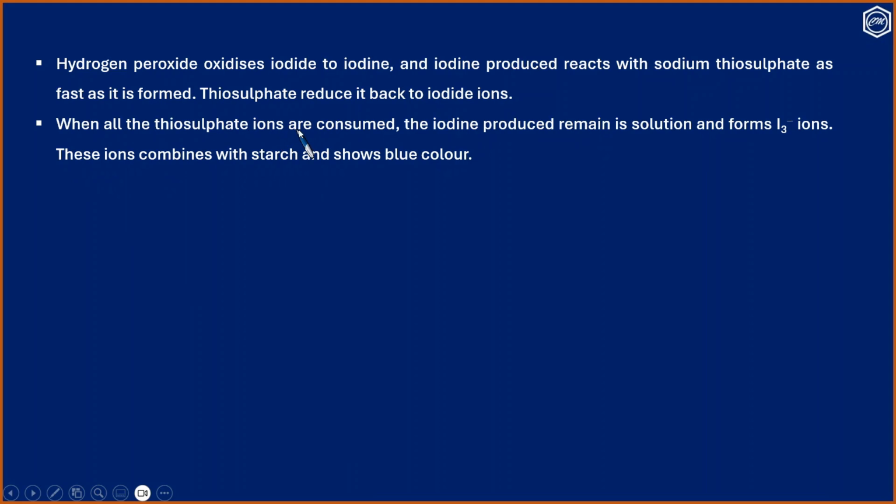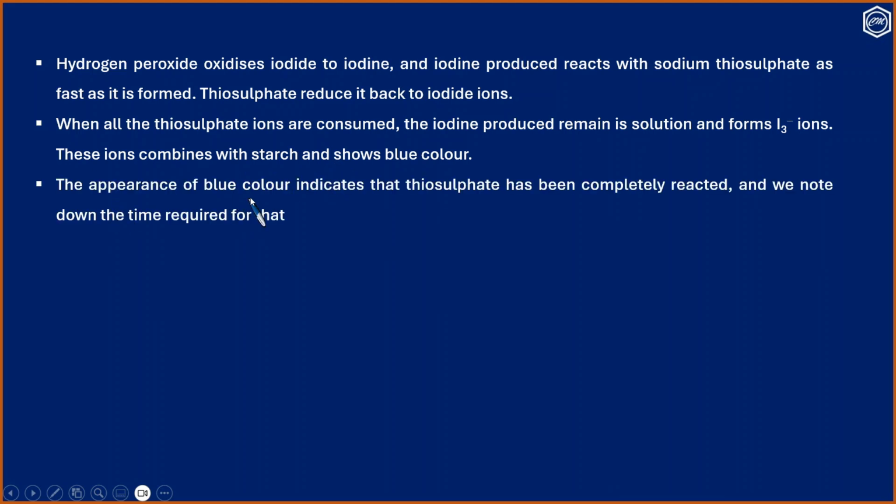When all the thiosulfate ions are consumed, the iodine produced remains in solution and forms I3 minus ions. These ions combine with the starch and show a blue color. The appearance of blue color indicates that the thiosulfate has been completely reacted, and we note down the time required